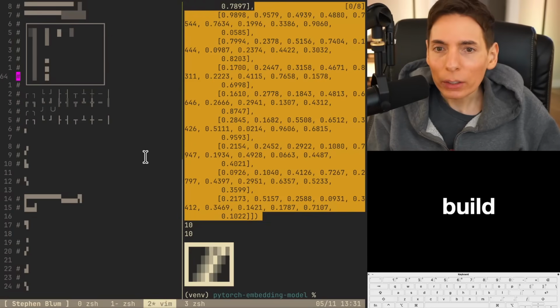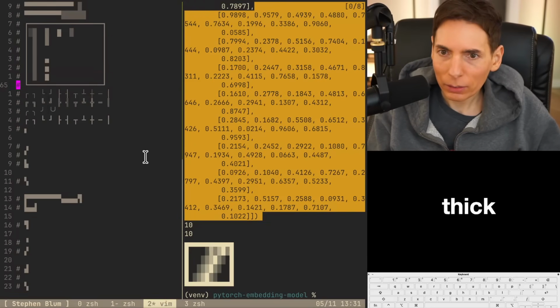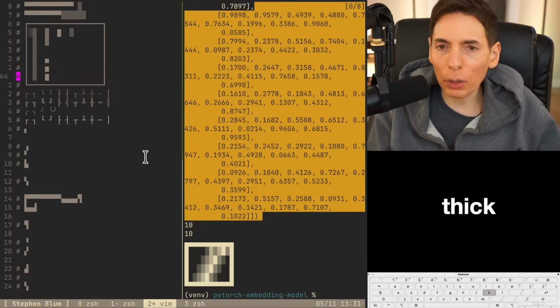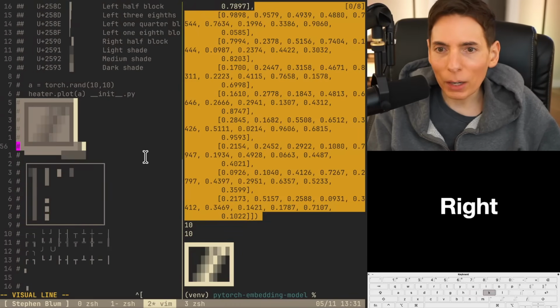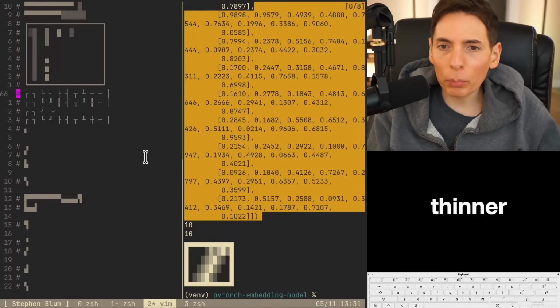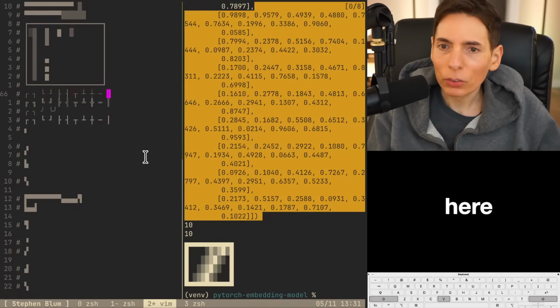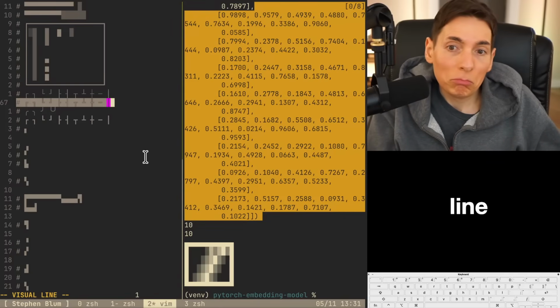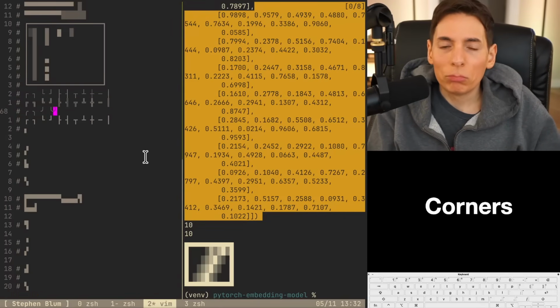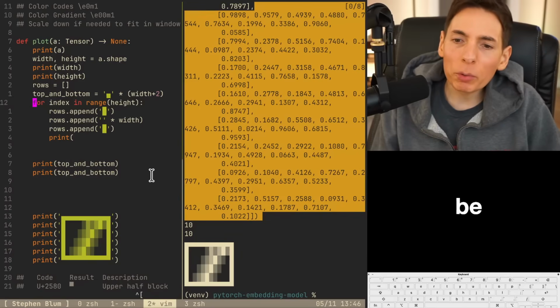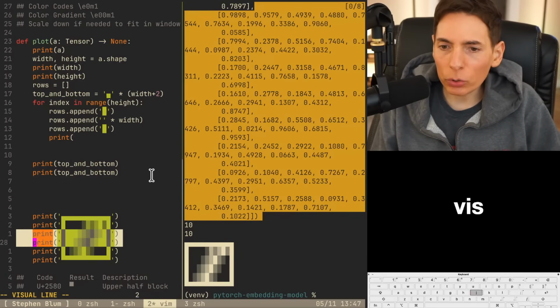And you can build, you know, a thick box here. So we could do a thick box like this, or a really thick box like this, right? Or you can do a thinner box using these lines here. Or a double line, right? You could do that too. Or you could have rounded corners, right? You could do some rounded corner stuff here. I'm going to be building this heat map visualizer,